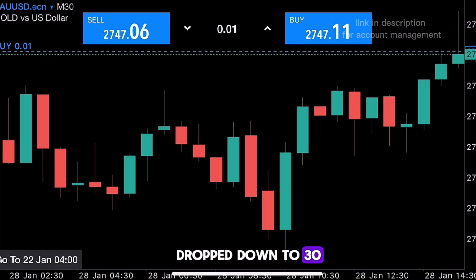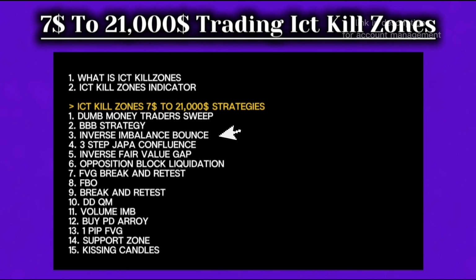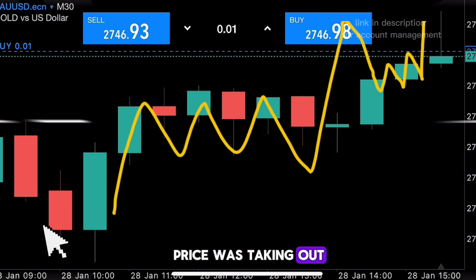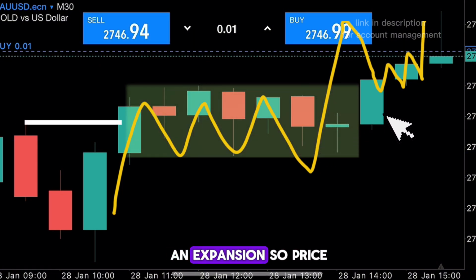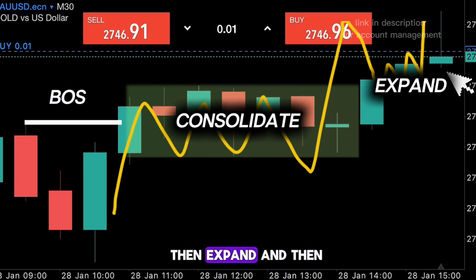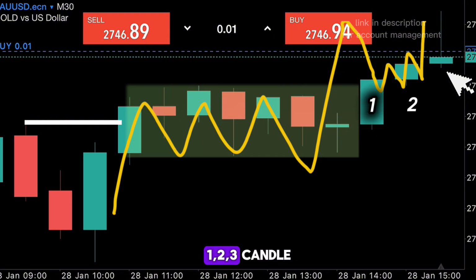Then I dropped down to the 30-minute time frame. I use 3-step jackpot confluence. That's the fourth strategy. So basically how this confluence works is that price will give you a consolidation. You can see that price was taken out there, then it consolidates, and then there was an expansion. So price will go up first, consolidate, then expand, and then after expanding, if it gives you 1, 2, 3